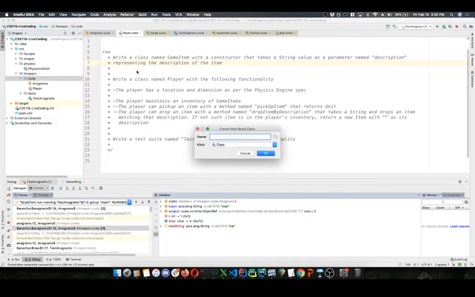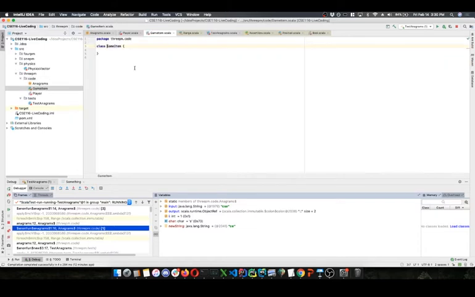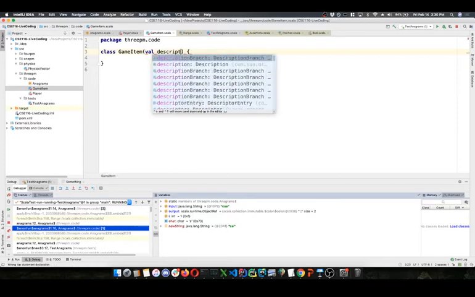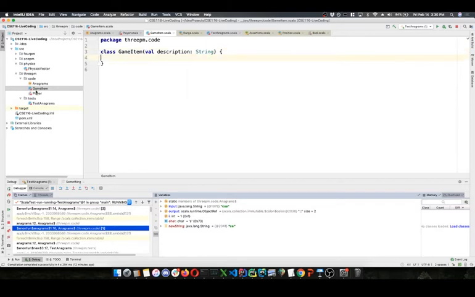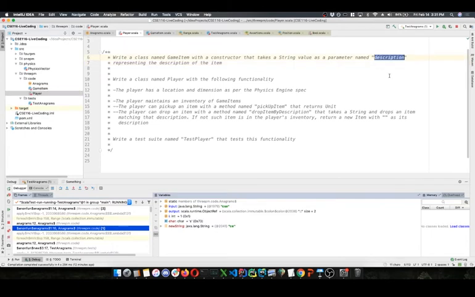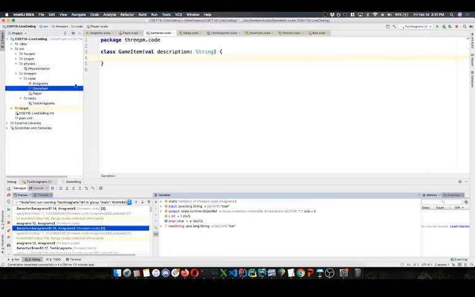Scala class GameItem, constructor takes a value named description of type string. And whenever I have something like this, where I have a question with a specific name, cut, paste. Now I know I'm not going to get any crazy issue where I got one character off, one character missing. I'm not going to have to squint at that and the problem description and make sure I have it right. Cut and paste, super easy.